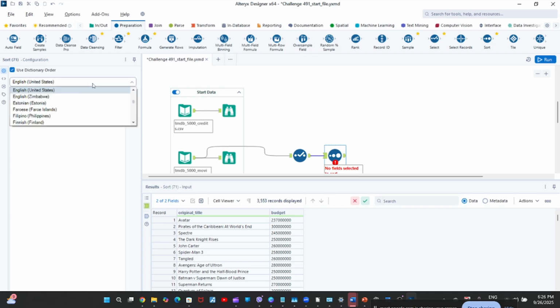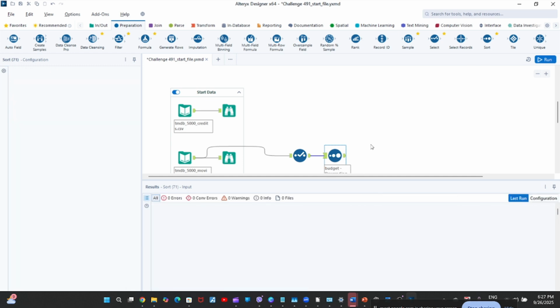If you're sorting non-numerical characters, for example, if we sort the first column, which is in words, the title of the movies, we have here, and oh, we have Philippines, yay! So we have different types of categories of what dictionary is going to be used. But right now we don't need that because we are dealing with numbers. So once I hit the run button,